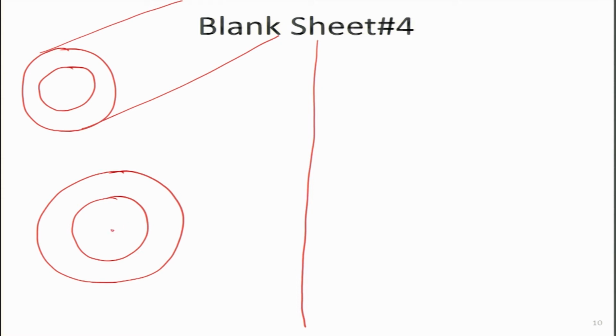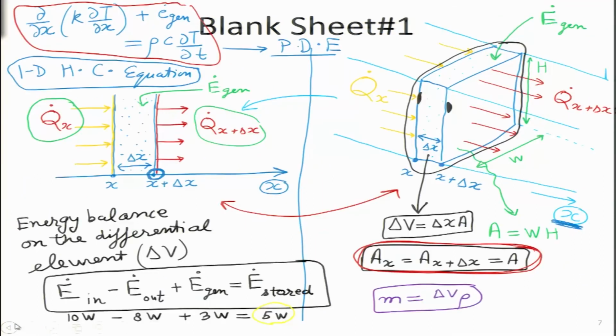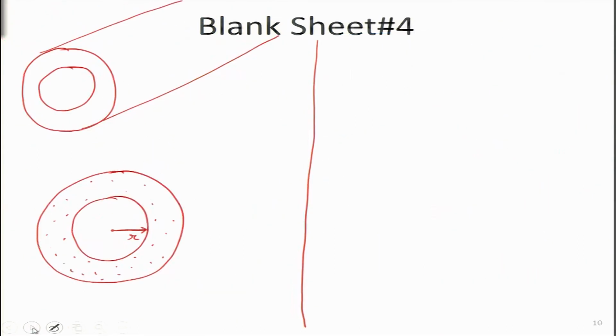And how are these circles represented? The inner radius is r, and this is the same differential element. I will again give it some color over here. This is the same differential element. Let us go back and compare over here. Whatever was given in this particular black zone, if you remember this dotted element over here, there is no difference between them except that it is a rectangular slab in this particular case, and it is going to be an annular pipe in this particular case, because this is a cylindrical coordinate system over here.